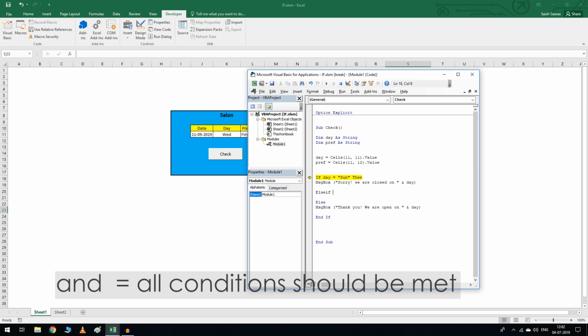So I'm going to say day is equal to Saturday and preference is not equal to first half, because I wanted to be open in the first half. Then